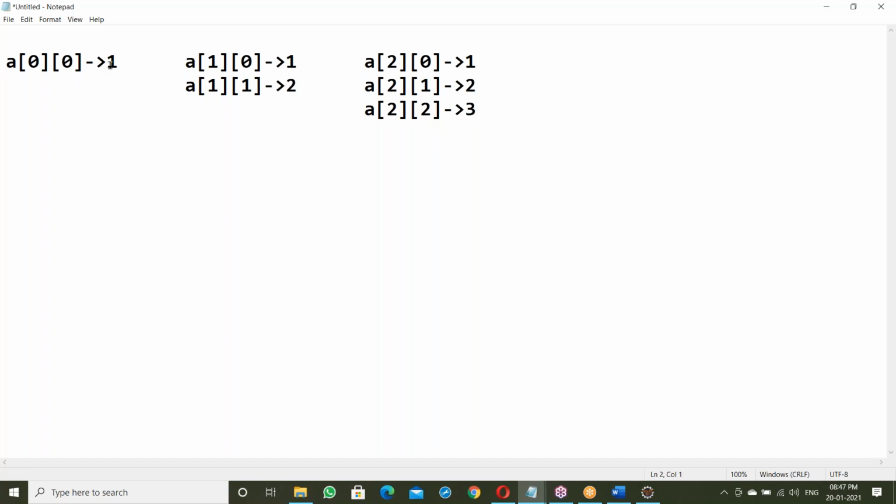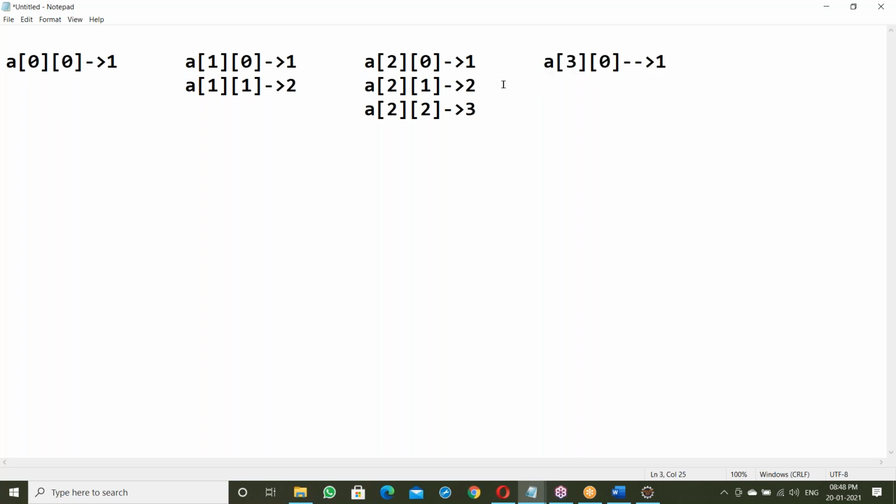See, in the first row 1 element, in the second row 2 elements, A of 1, 0 and A of 1, 1. In the third row 3 elements, A of 2, 0, A of 2, 1, A of 2, 2. Next the fourth row: A of 3, 0 is 1.